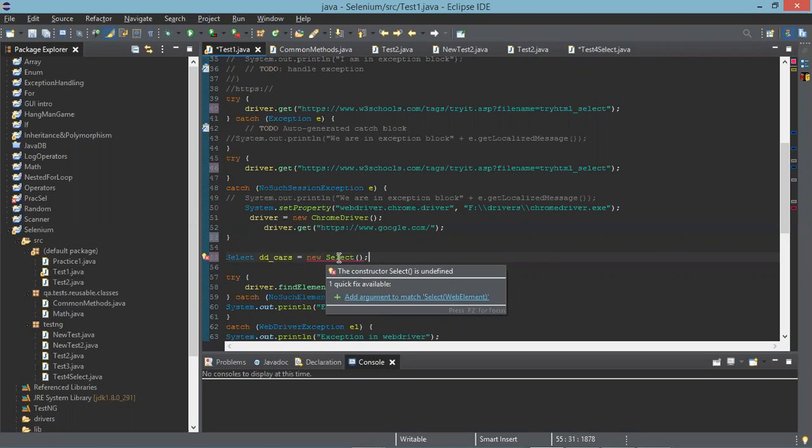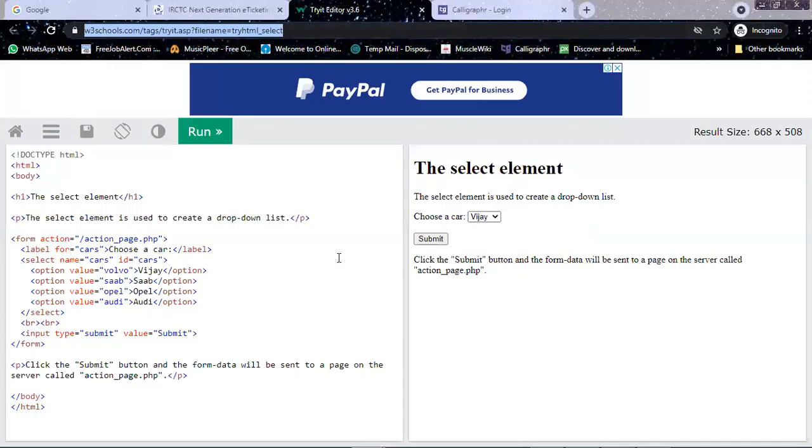Go back to your Chrome. And what is it that you find? You find their ID on this side in the HTML side. Copy that ID.